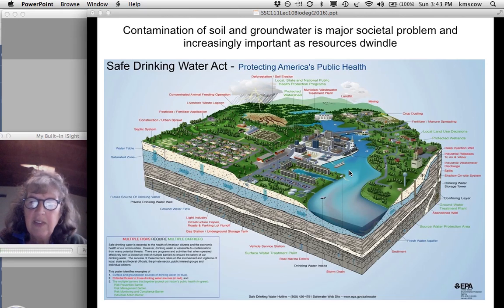Is that water, even though it might be contaminated, an opportunity for somebody to use? Or are you also polluting the water around where you're fracking? A lot of these situations are going on more and more as there's less and less resources to be able to use for this. Same with soil. There's a lot of contamination around industrial sites, contamination that's built up over time, and then what do you do about